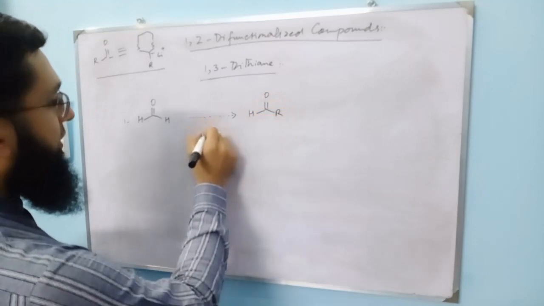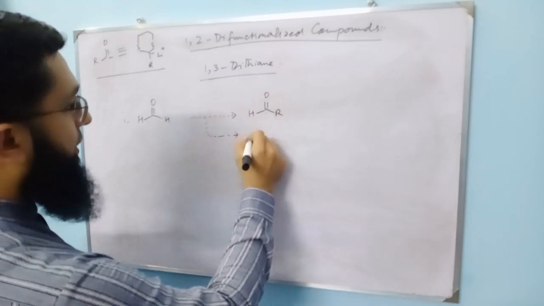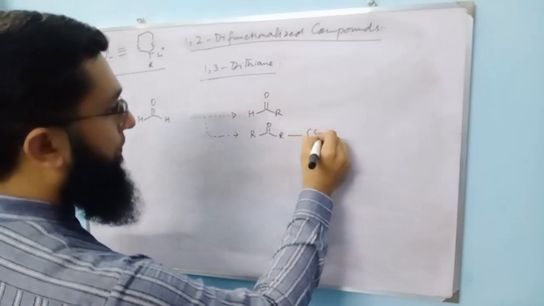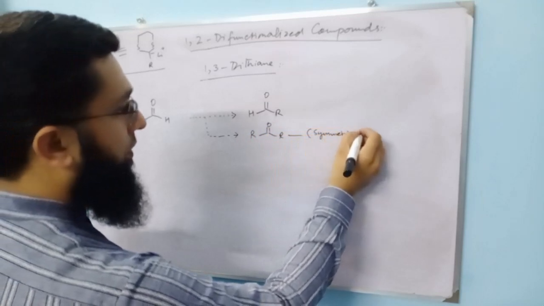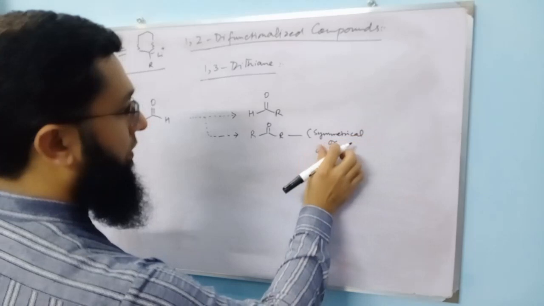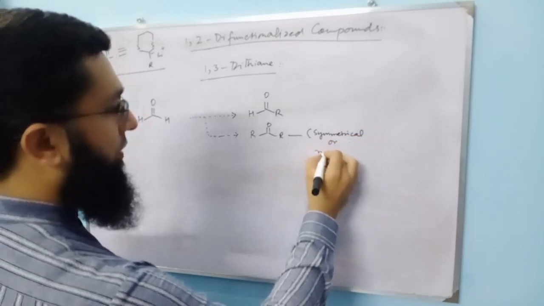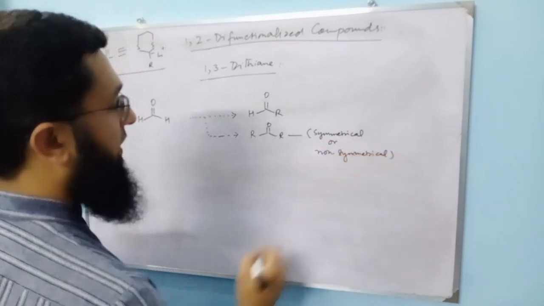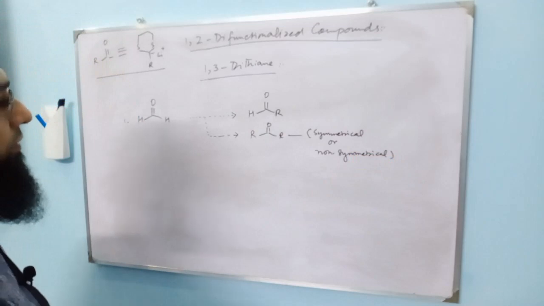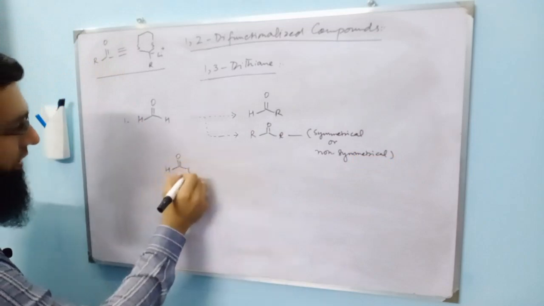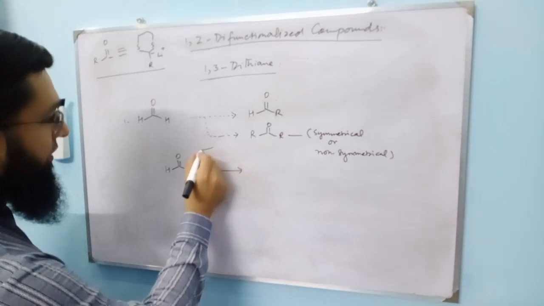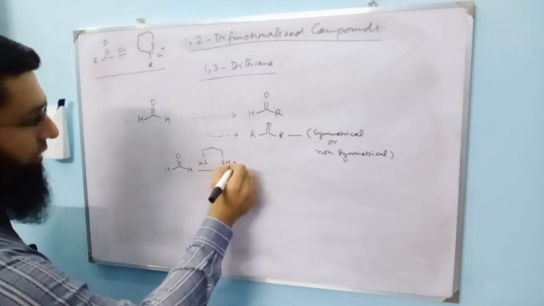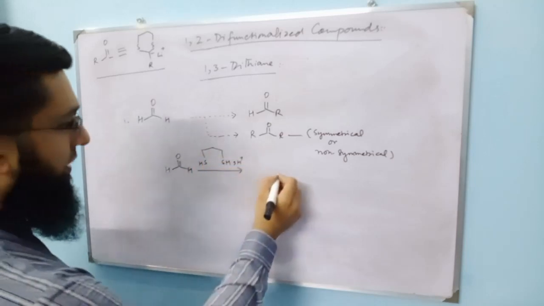or we can convert this into ketones. These can be symmetrical or non-symmetrical. And how will we carry this out? We take this formaldehyde, we treat it with 1,3-propanedithiol in the presence of acid, and we convert this